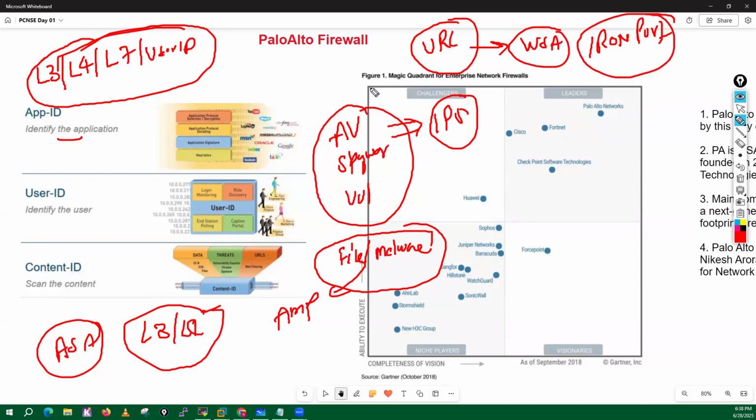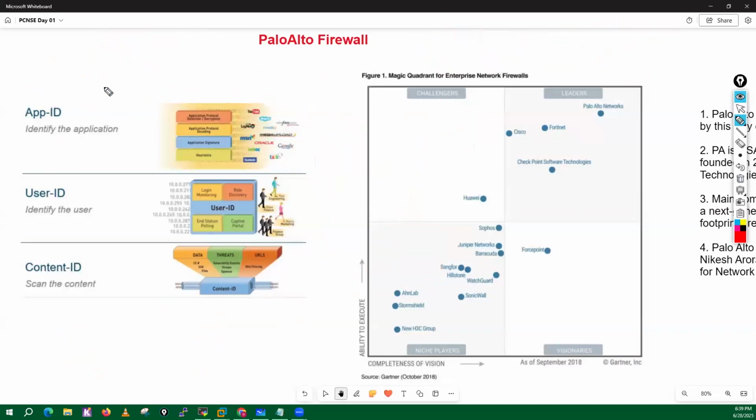During that time, guys, in the 90s and around 2000, Cisco was the market leader. It had captured almost everything in the routing, switching, and security domain. But when Palo Alto introduced all those features in just one box, within just 3 years, in 2008, it became the market leader. And according to the Gartner report, since then till today, Palo Alto is the market leader